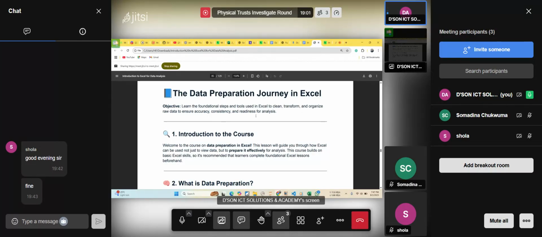By default, your data is usually messy. I've said it over and over again. You cannot get data that is ready for analysis. Such data, if it is available, somebody must have worked on it. But your raw data are usually filled with a lot of inconsistencies, missing values, duplicates, outliers, and so many others. So in this particular session, we want to see how you can prepare your data and make it